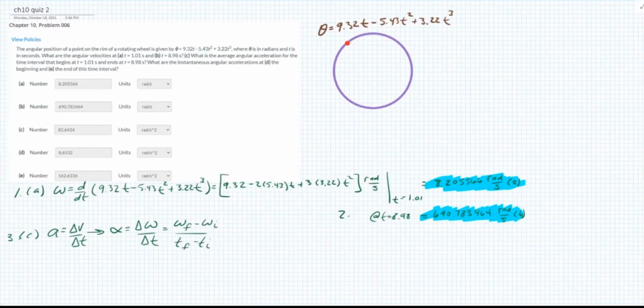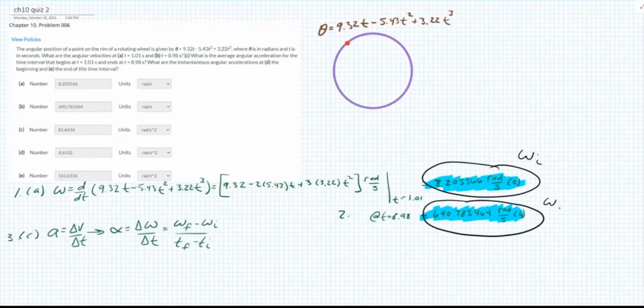That's what delta means. This corresponds to omega initial because it happens at the earlier time, and this is omega final because it happens at the later time. So if I just reuse those numbers, I'm going to use the calculator. I put this in calculator memory location A, and I put this in calculator memory location B. So it's going to be